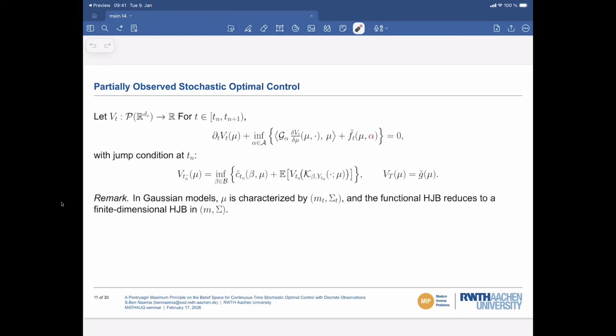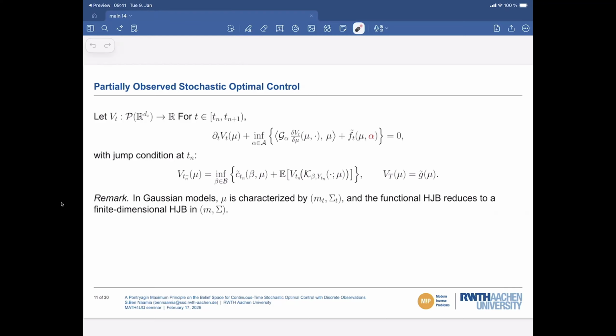Now, nicely enough, if you can transform this mu that used to be defined over the probability measures into a finite dimensional space, you're lucky, because you can solve this HJB in a more tractable way, since it becomes finite dimensional in this case, in the moments. So for example, if you have Gaussian distribution and you have linear dynamics, for example,